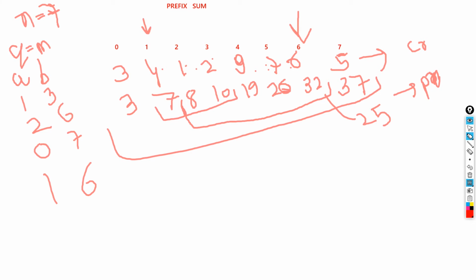So clearly the algorithm is very simple. For any a and b, to get the sum it's p of b minus p of a minus 1.